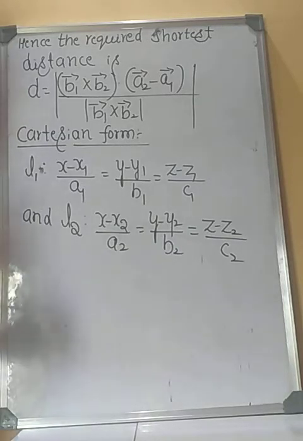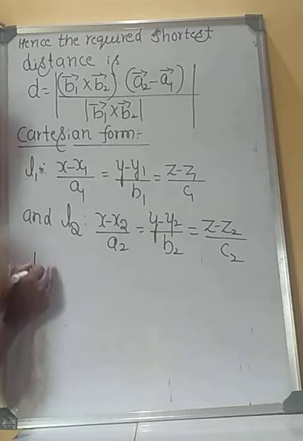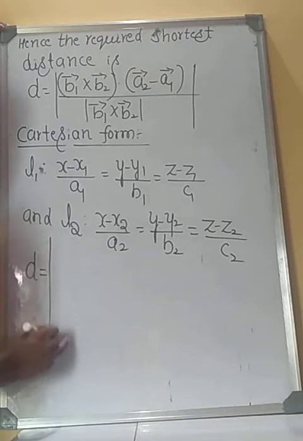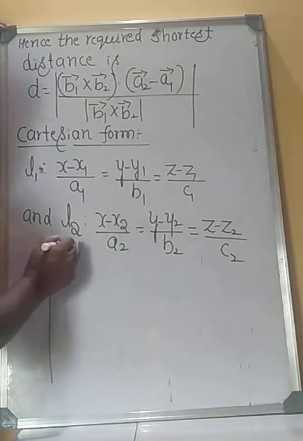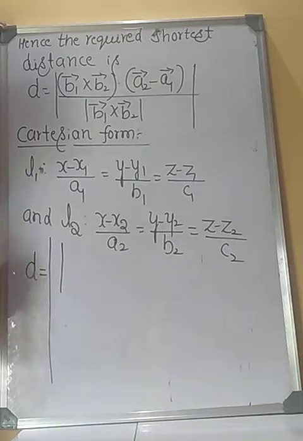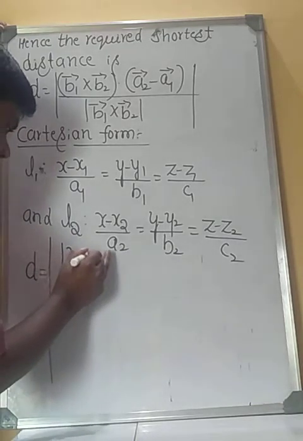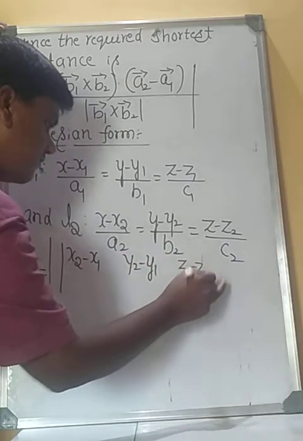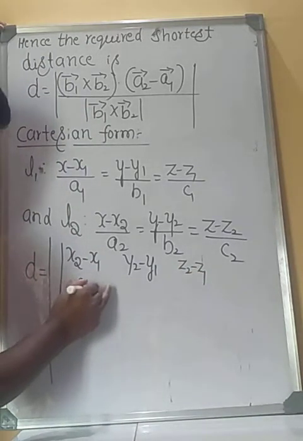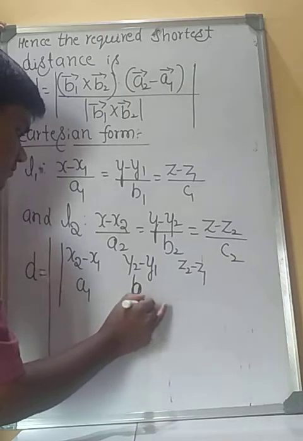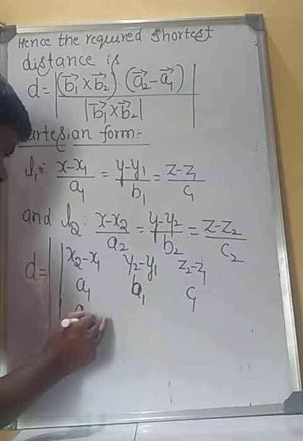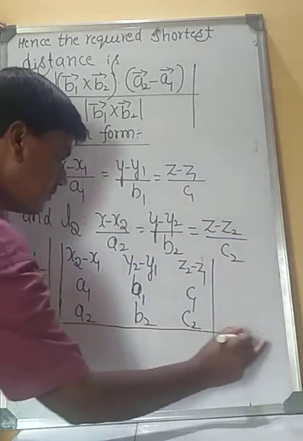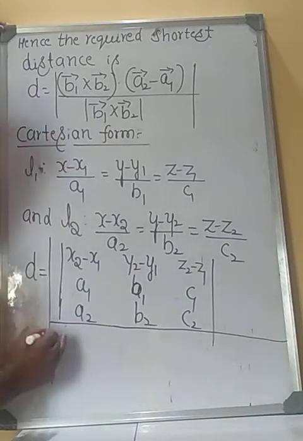Then the shortest distance between the lines is equal to, that is d is equal to magnitude of the determinant of x minus x2 minus x1, y2 minus y1, z2 minus z1, second row a1, b1, c1, third row a2, b2, c2, dividing by,